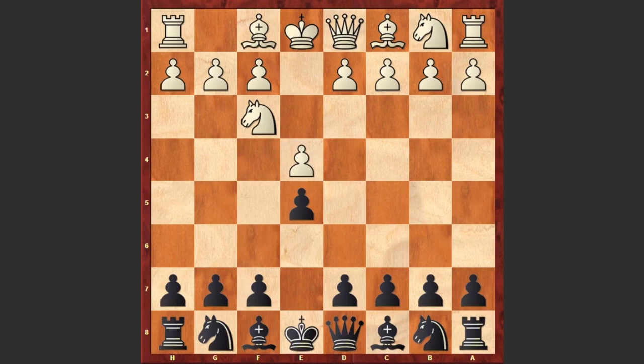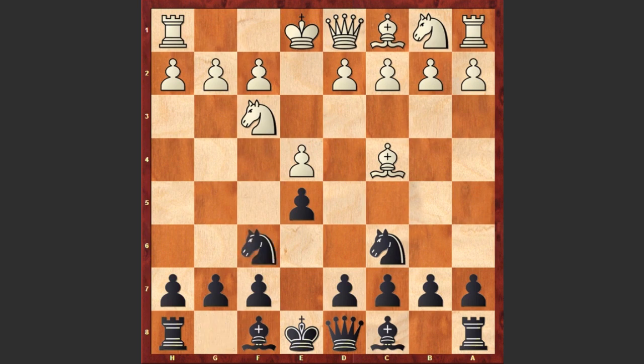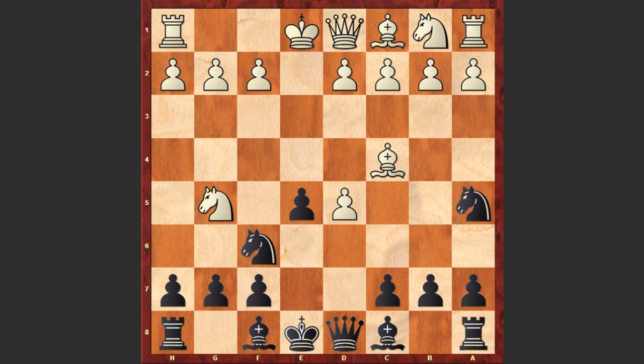Knight f3, knight c6, bishop c4, Fritz goes for the Italian game and knight f6, Anand goes for two knights defense, knight g5, attacking the pawn on f7 and d5. This is the main line. E takes d5, knight a5, Anand goes for Polerio defense, bishop b5 check, c6, d takes c6, b takes c6,